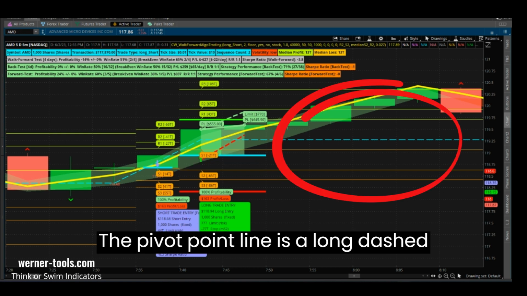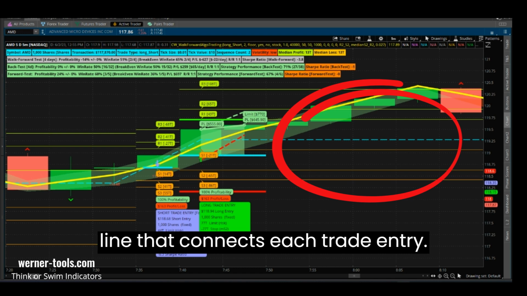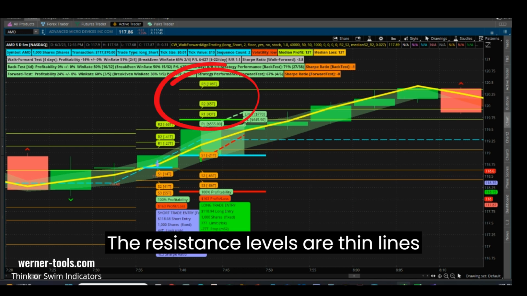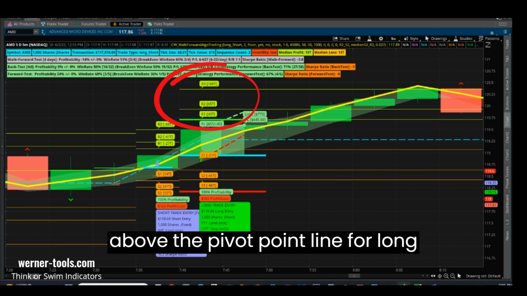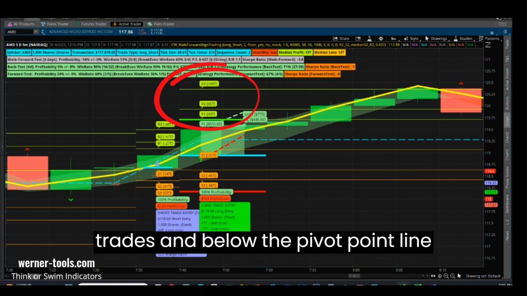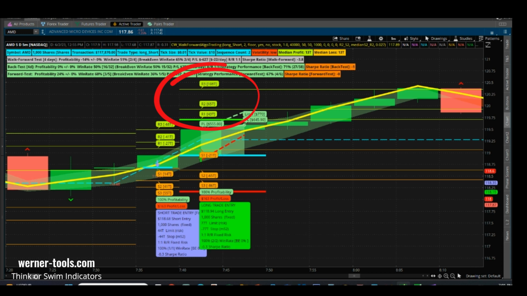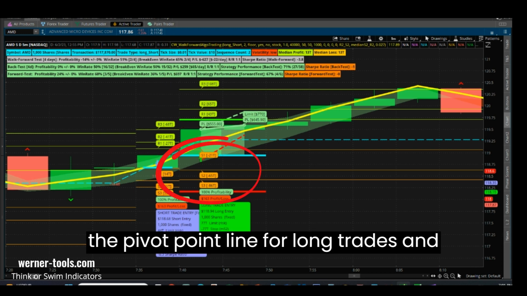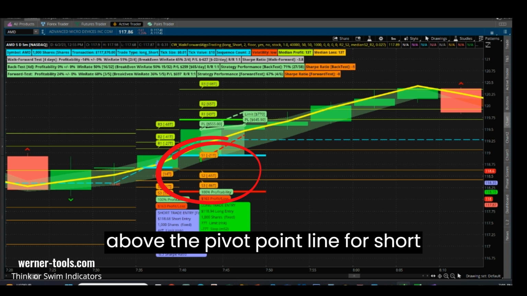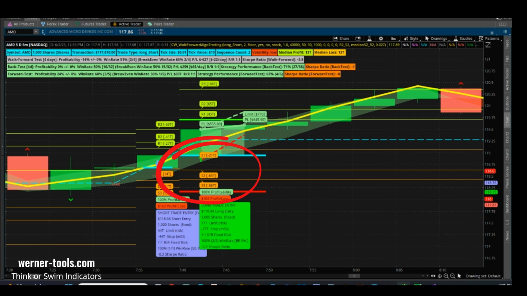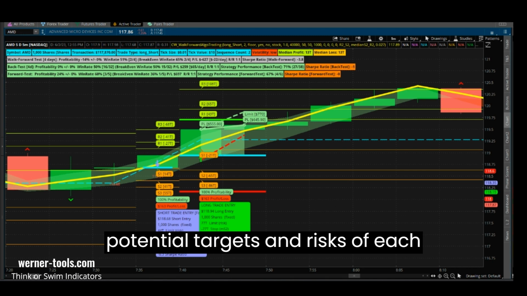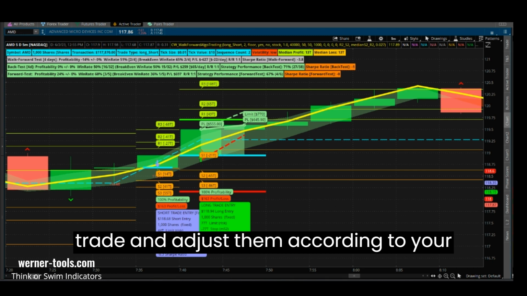The pivot point line is a long dashed line that connects each trade entry. The resistance levels are thin lines above the pivot point line for long trades and below the pivot point line for short trades. The support levels are thin lines below the pivot point line for long trades and above the pivot point line for short trades. These lines help you to visualize the potential targets and risks of each trade and adjust them according to your